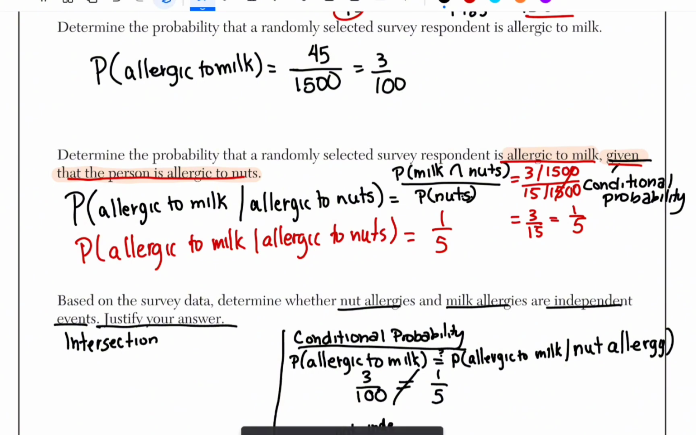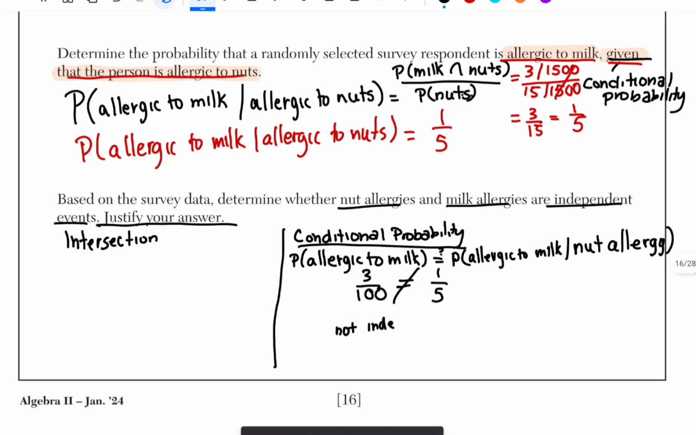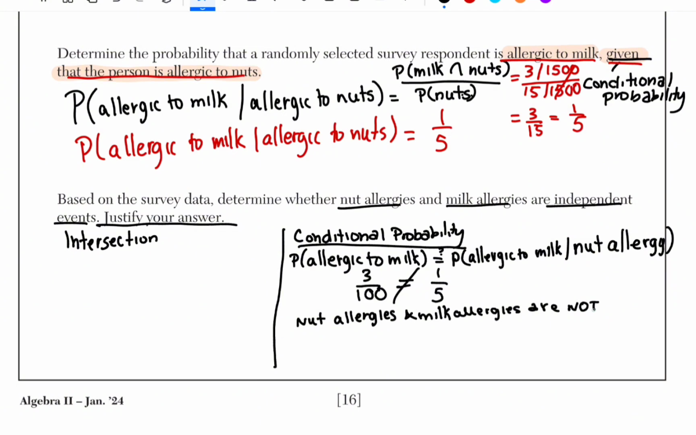And we would make the statement, I'm going to make the statement from the beginning, so we'll say that nut allergies and milk allergies are not independent events because the probability of having a milk allergy